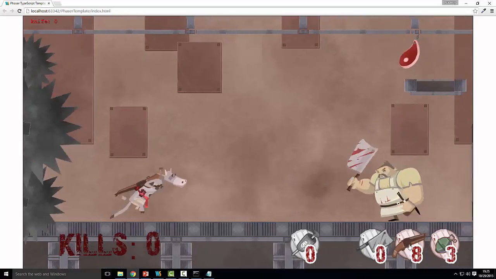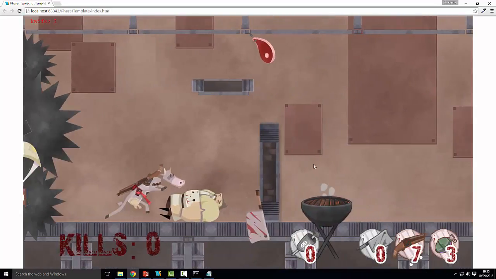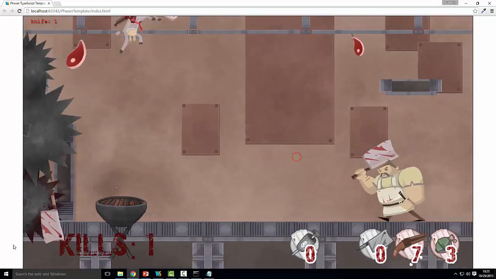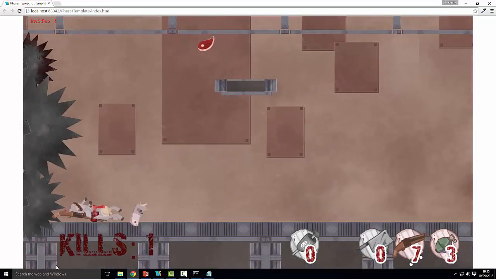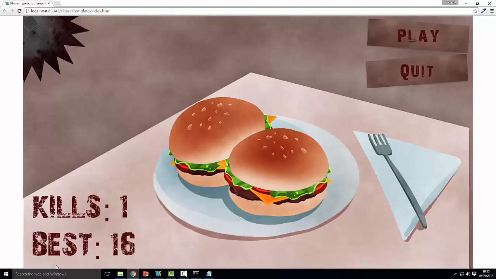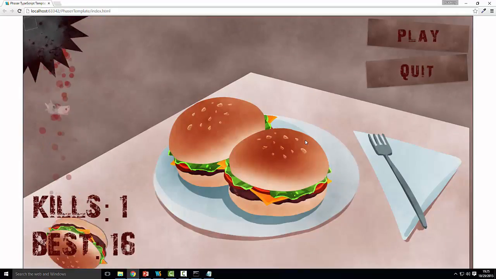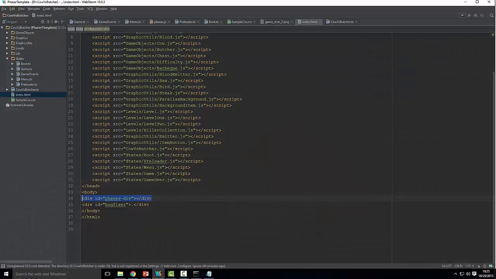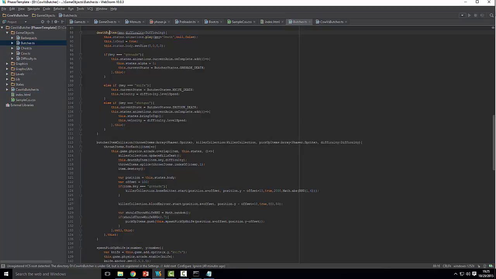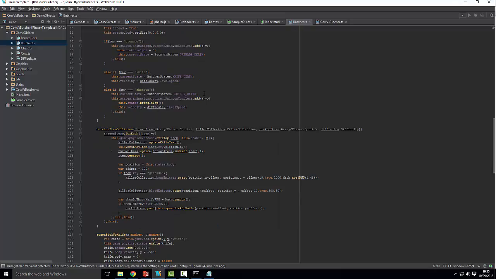So if you shoot this guy, just watch on the left now. See how there was a square of blood, which means that we are throwing too much blood there, and that's why it lags every time. So we want to make it as lag free as possible, so we need to make the blood just a little bit less. So I would go into the butcher and look for this specific line of code where we throw blood. So